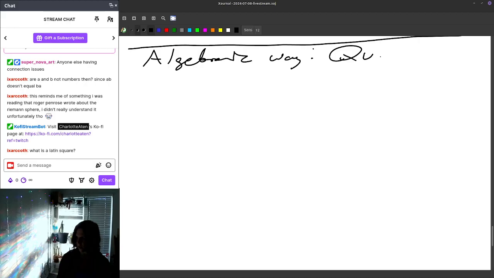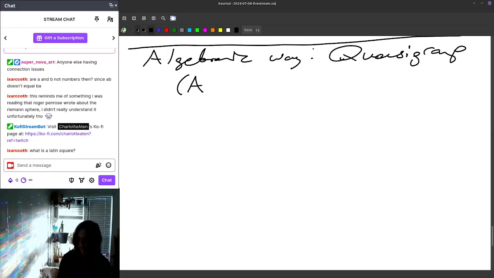In this instance we have a different name for it, and we call it a quasi-group, or quasi-group if you prefer. And so the algebraic way of thinking about these things is that you have